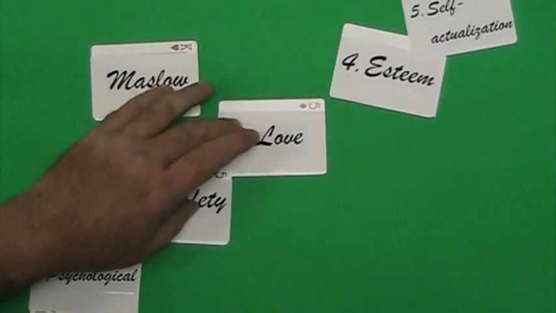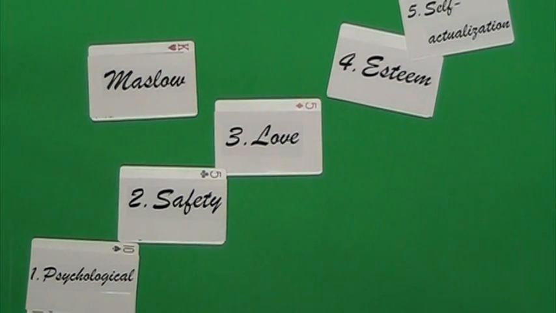Love and belonging. After physiological and safety needs are fulfilled, the third level of human needs is interpersonal and involves feelings of belongingness. This need is especially strong in childhood and can override the need for safety, as witnessed in children who cling to abusive parents. Deficiencies within this level of Maslow's hierarchy due to